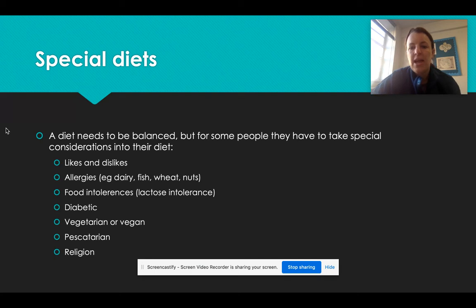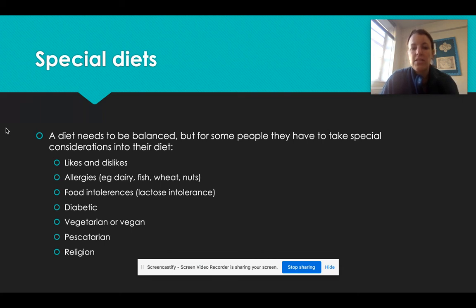Last section, let's have a think about special diets. So we know our diet needs to be balanced, but for some people, they have to take special consideration into their diet. For example, likes and dislikes. If you don't like, let's say, cheese, you need to get your dairy intake from somewhere else. You might have allergies, so you might be allergic to dairy products, fish, wheat, nuts. You might have food intolerances, so for example,